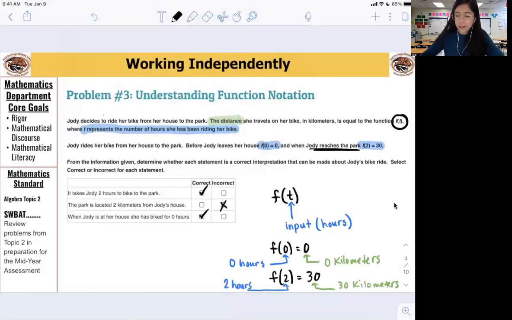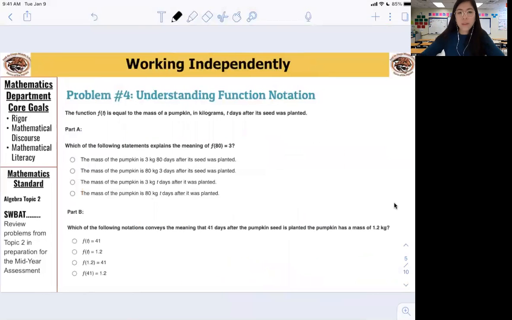That was problem number 3. Problem number 4, 2 parts. All right. The function f of t is equal to the mass of a pumpkin in kilograms t days after the seed was planted. So f of t is the mass in kilograms, and t is the days after it was planted. Okay, so this is telling us right away that the input